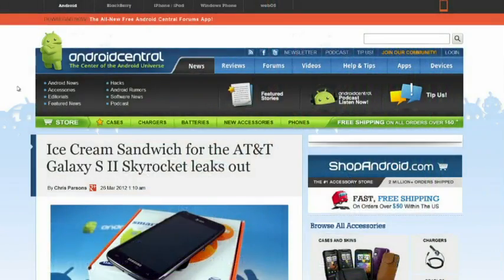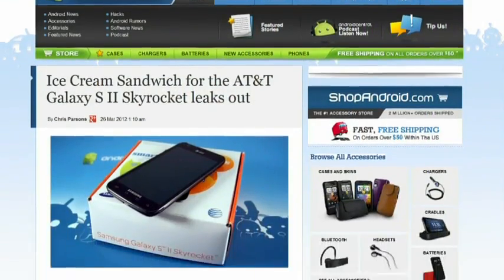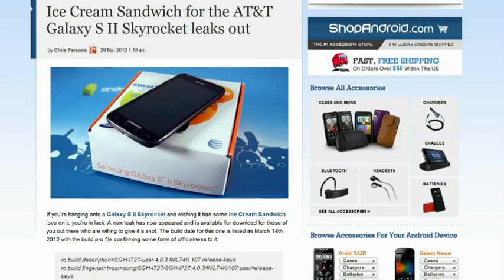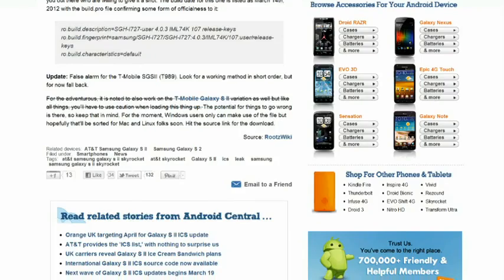But it's interesting that you write in and ask about this, because just very recently, an Ice Cream Sandwich build for the AT&T Galaxy S2 Skyrocket leaked. So if you want, you can go ahead and flash the leak. I'm hearing good things about it. Just, like I said, do your Nandroid backup prior to doing this. Check out Ice Cream Sandwich. It's a supposed leak straight from the source, and see what you think of that. That's probably a really good way to check out Ice Cream Sandwich on your device. But just as with all these things, do the reading.